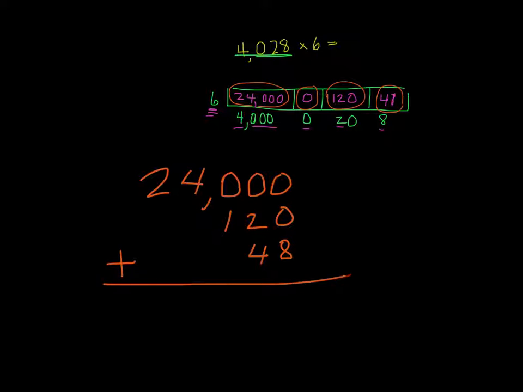Add those together. 0 plus 0 plus 8 is 8. 0 plus 2 plus 4 is 6. 0 plus 1 is 1. 4 plus nothing is 4. 2 plus nothing is 2. 1, 2, 3, comma, me. So my answer to 4,028 times 6 is